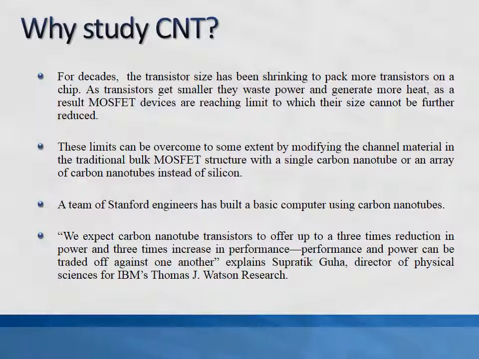A team of Stanford engineers has built a basic computer using carbon nanotubes, a semiconducting material that runs faster while using less energy than those made of Si chips. Also, in a new study, researchers at the IBM J. Watson Research Center have harnessed the potential of carbon nanotubes as a way to extend scaling rules and achieve further performance improvement in transistors. One day, transistors made of carbon nanotubes may form the backbone of many of our electronic devices, including smartphones and tablets.